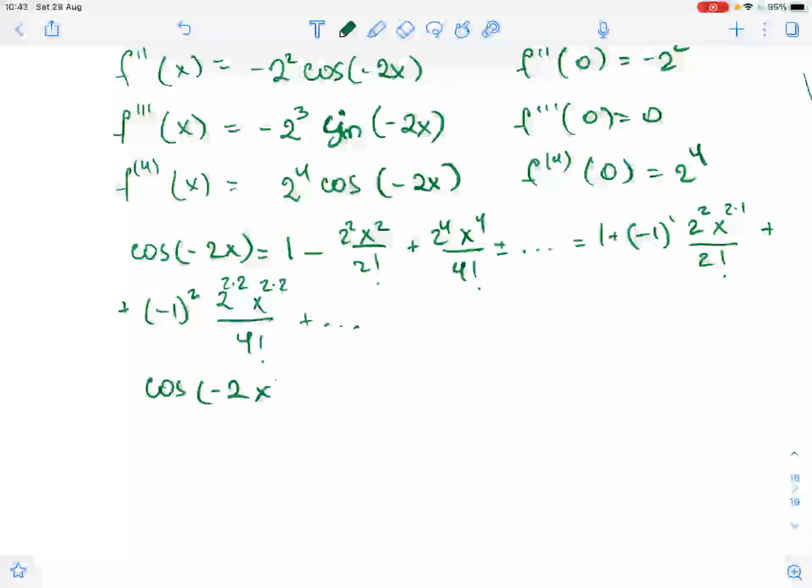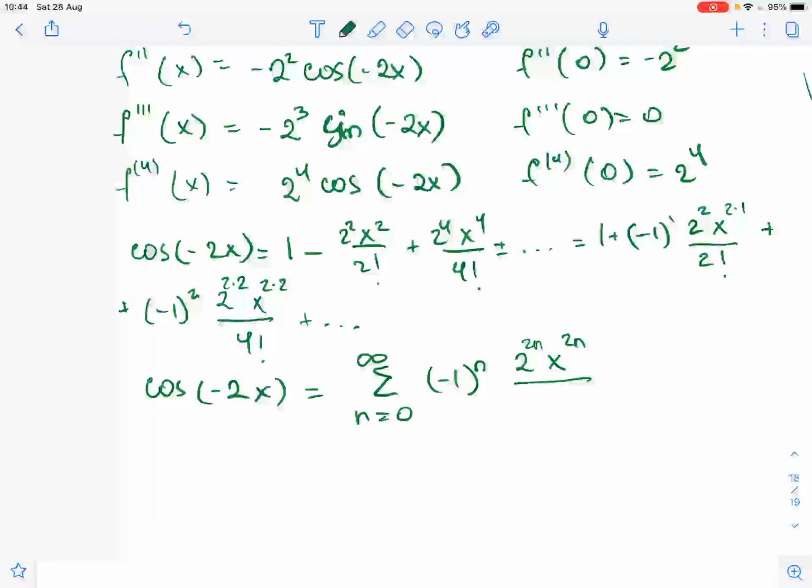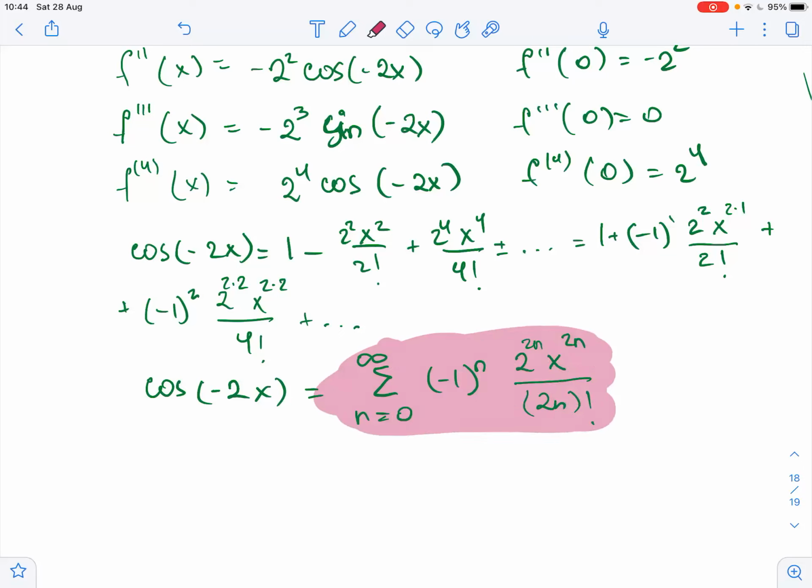So we get that cosine of negative 2x equals the sum from n equals 0 to infinity of negative 1 to the power of n times 2 to the power of 2n times x to the power of 2n over 2n factorial. And this is our